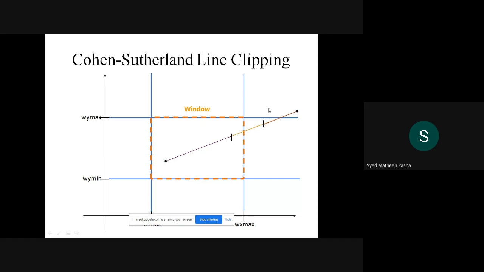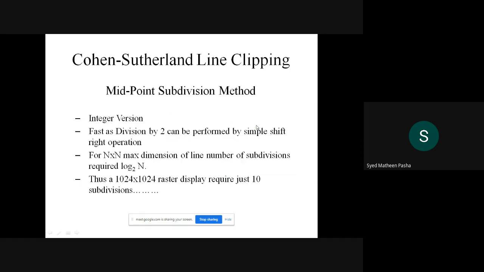It basically eliminates the original line, if I consider this as the original line, and retains the parts you have got, that is nothing but 2 different parts. Once this is done, it will consider this part because it is lying inside the window, and the part which is outside the window is eliminated. This is actually another method for line clipping. So this is how the midpoint line clipping algorithm works.